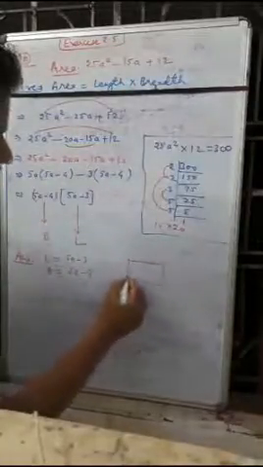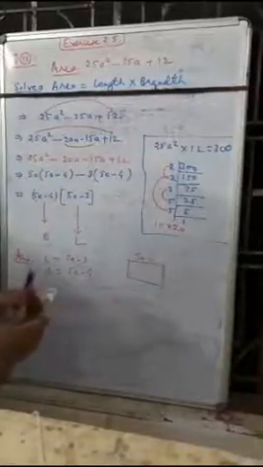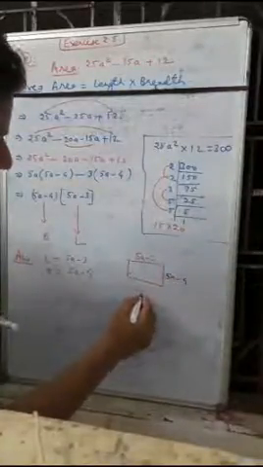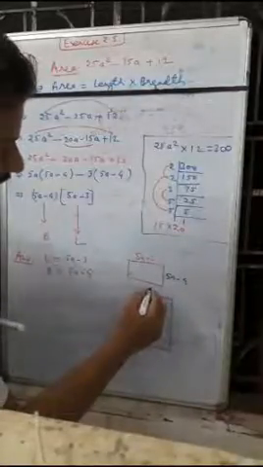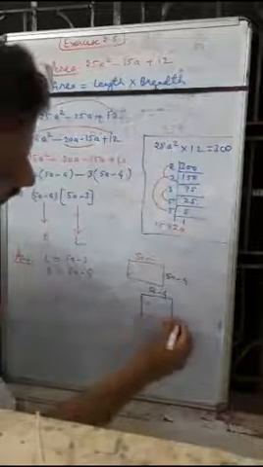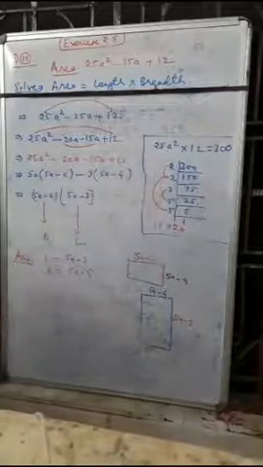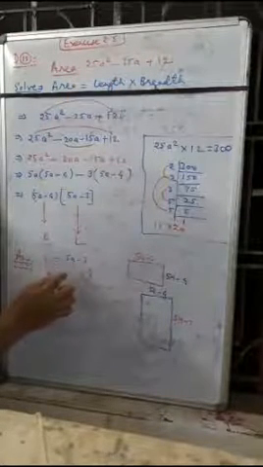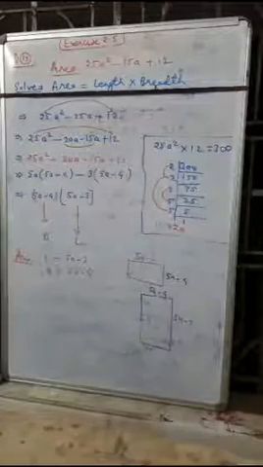This may be one of the triangles. So here length is 5a minus 3 and breadth is 5a minus 4, or sometimes the figure can be changed. So here length is 5a minus 4 and breadth is 5a minus 3. So there are two possible solutions. Length and breadth can be interchanged, but the equation is a quadratic equation, and definitely it is the multiplication of two factors, 5a minus 3 into 5a minus 4. So it is the solution of the given question.